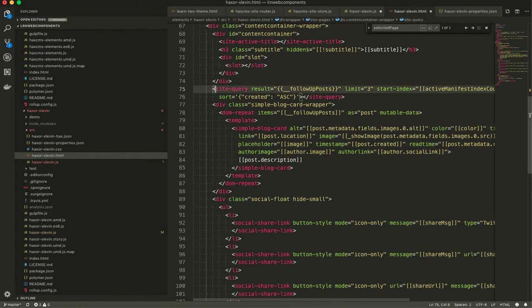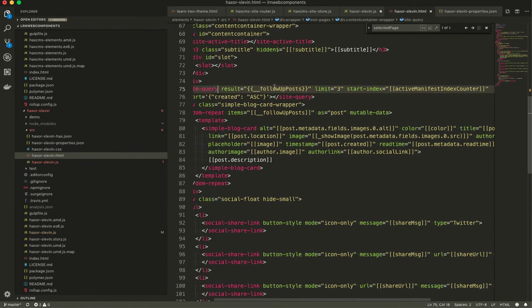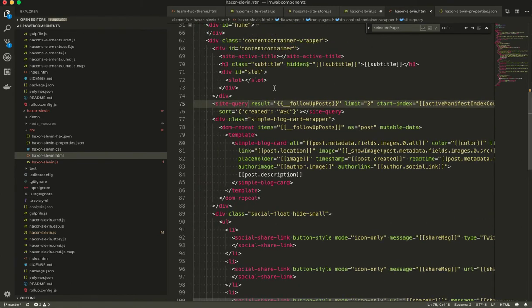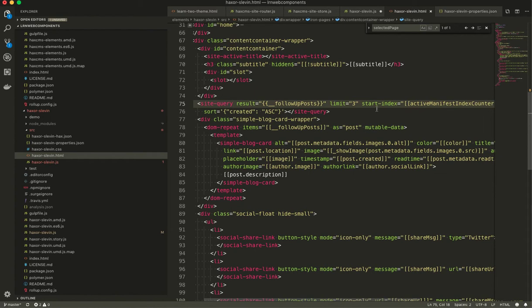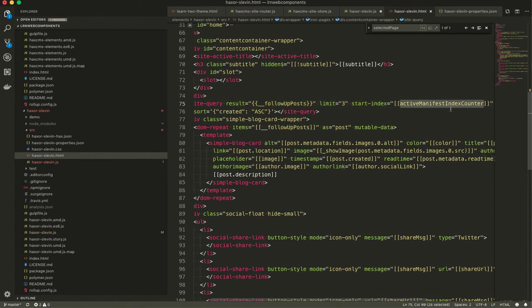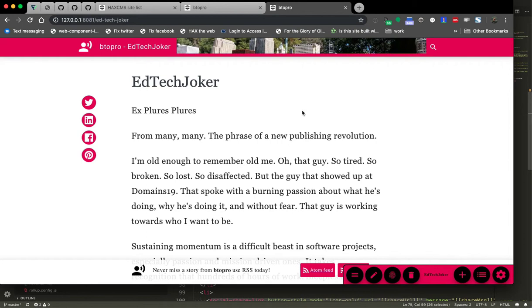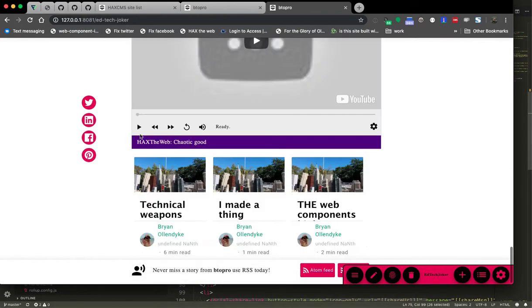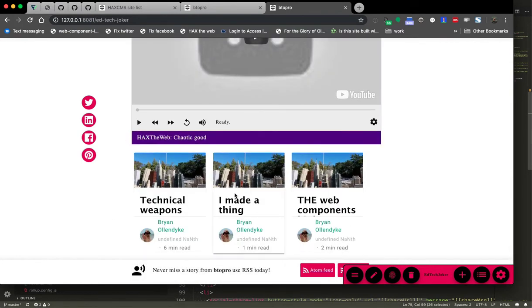Then you'll see we have a site query, which is something we'll discuss in other videos later, but basically it allows you to do querying of the site.json on the fly. So we have a site query. It says return everything, two-way data bind the results here into something called follow-up posts, limit 3, start the index at whatever the current is, which means this is the current item. Give me 3 items from here, and this is how you get the previous 3 posts that are shown here